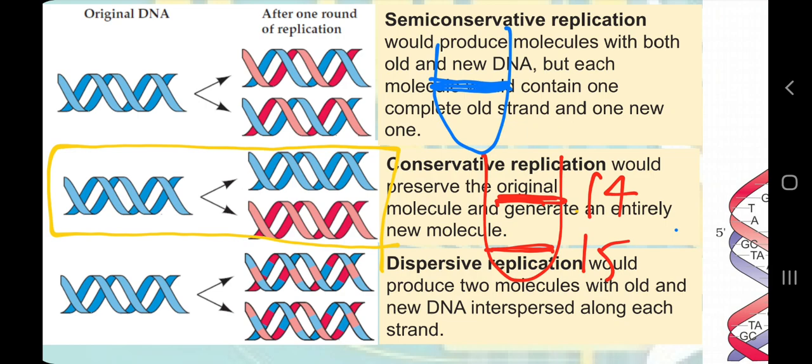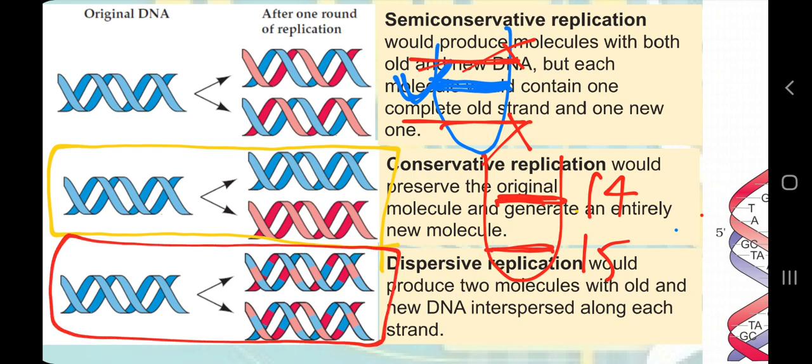But one more thing, if you can observe what I am saying, because if you have understood this thing, you have understood the whole experiment. But I am giving you one more idea to understand the experiment better. So if this happens between N14 and N15, because we didn't get the bands here, we got the band here, this also shows somewhat a possibility of dispersive. This was the problem with that experiment. You might understand it as dispersive also, because it is also 50 plus 50.